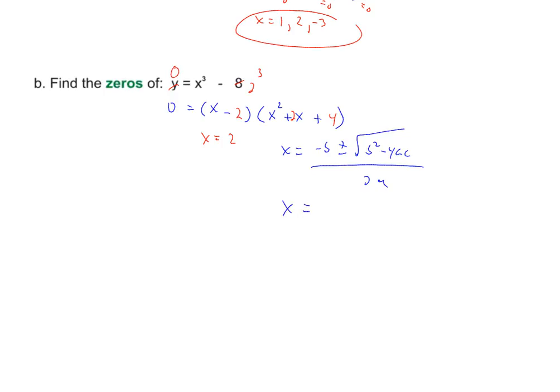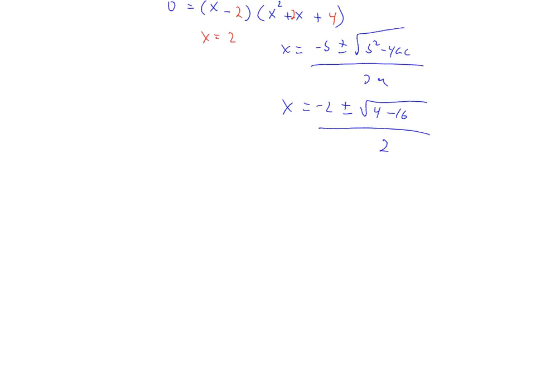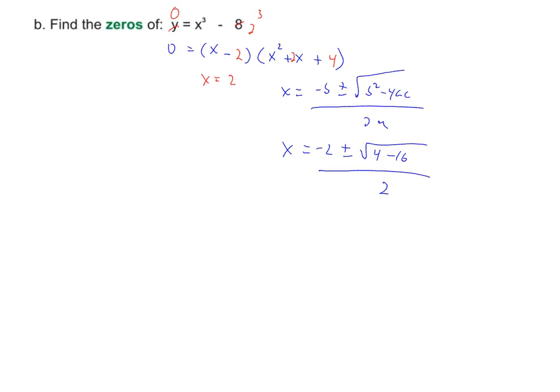So negative b, the b is a 2, so that's negative 2 plus or minus the square root. B is again 2, 2 squared is 4. Minus 4 times 1 is a negative 4 times a 4 is a negative 16 all over 2a. Not go too high here. So hopefully you agree that's a negative 12. Oh, imaginary. Negative 2 plus or minus